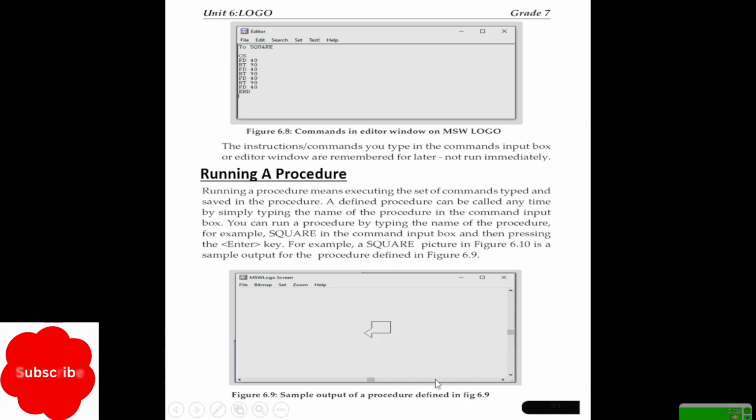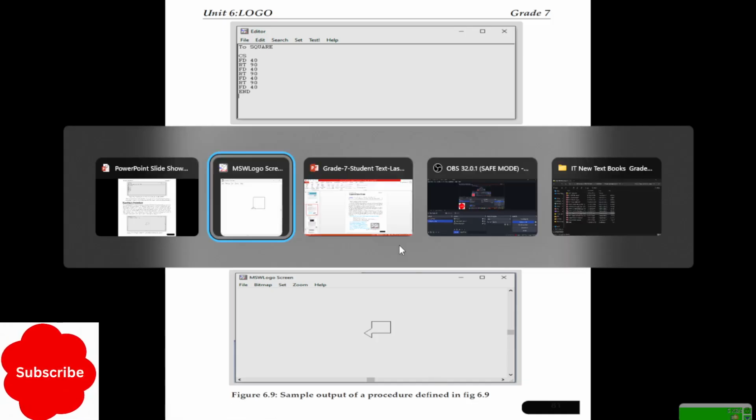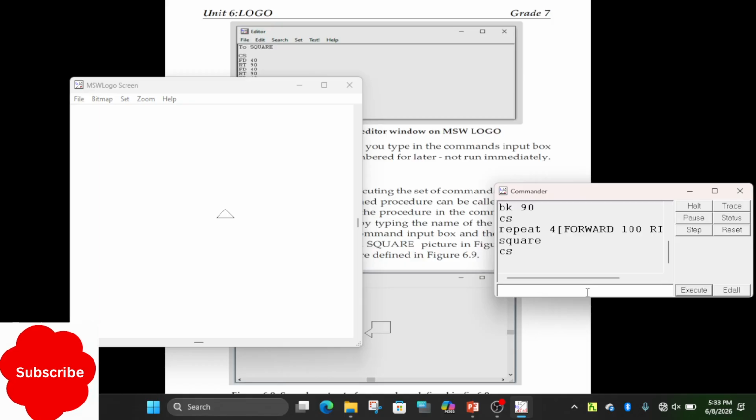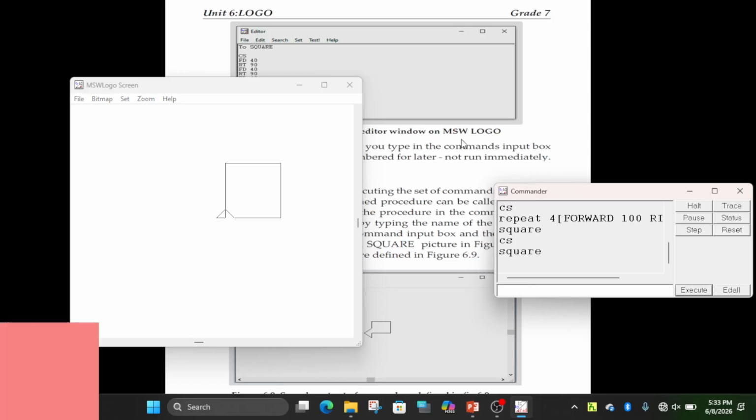Then in the command window, we can call it, and we have saved it as square. We can call it square. CS, clear screen. Then square, called square. As you have seen, a square is drawn here.